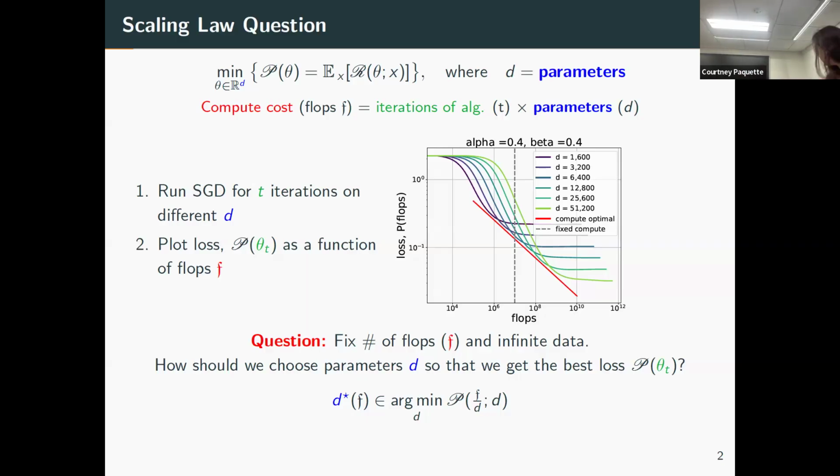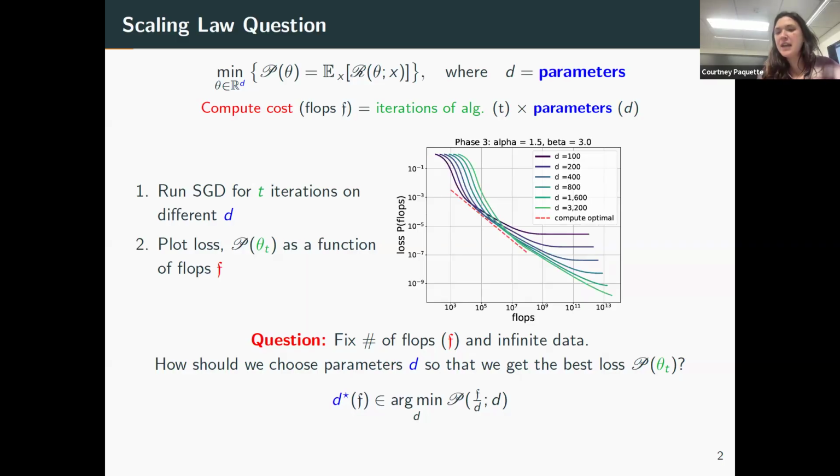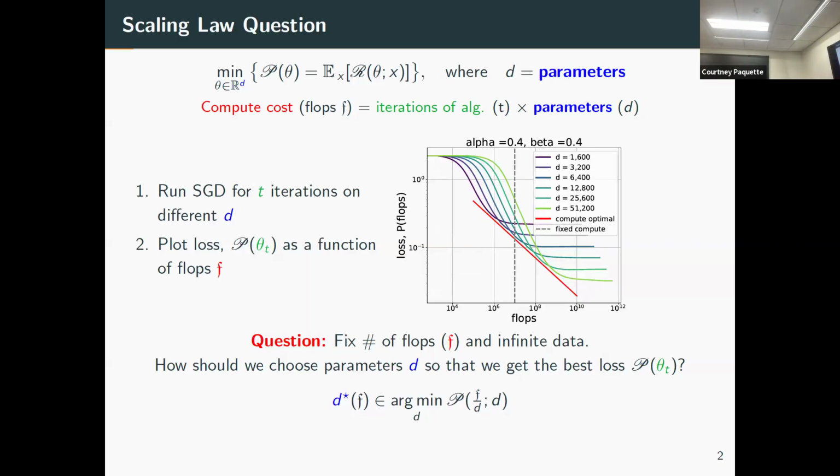So there's a trade-off. There's some sort of Pareto frontier where there's a best D here. I forget, let's say 12,000, or maybe 6,400, one of those two. We do this for each of these flops and we get a curve, which we call the compute optimal curve. That's what they talk about. Then if you wanted to extend your flops to something way, way larger, you can just use this curve to figure out your optimal D.